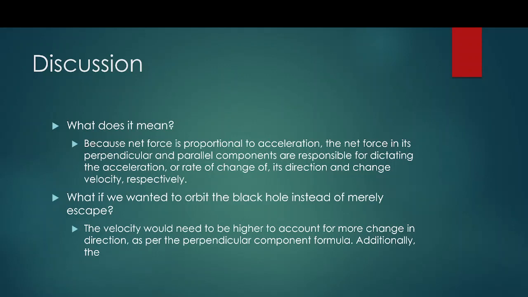And what if we wanted the ship to orbit around the black hole instead of escape? Well, those calculations are complicated, but the general idea would be it would need to have a lower velocity, because using the formula for the perpendicular component, which is m v squared over the radius, the change in the perpendicular component would be higher with a higher velocity, so it would be orbiting more. So it would be able to orbit the black hole without